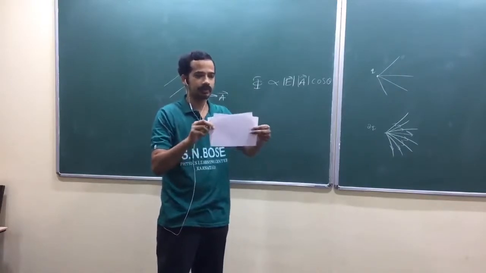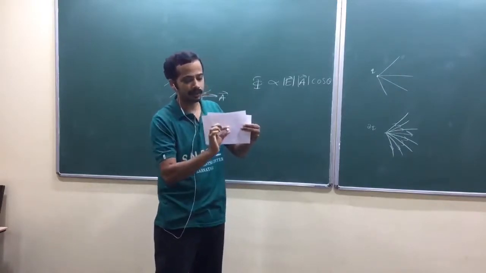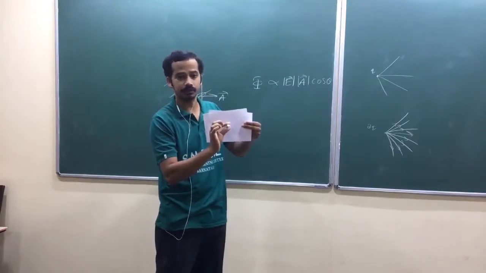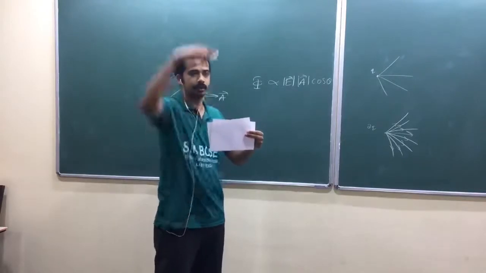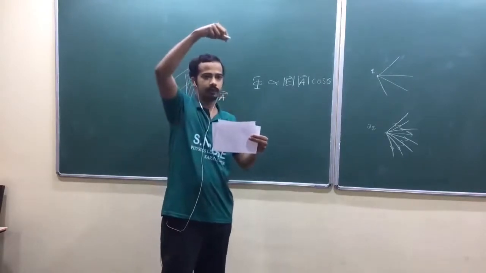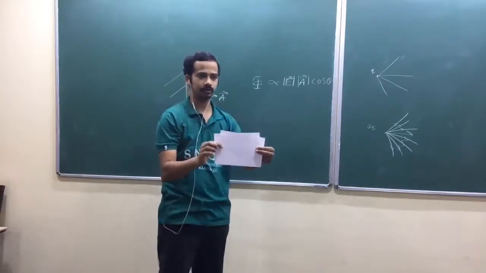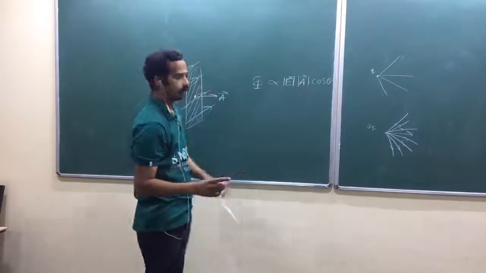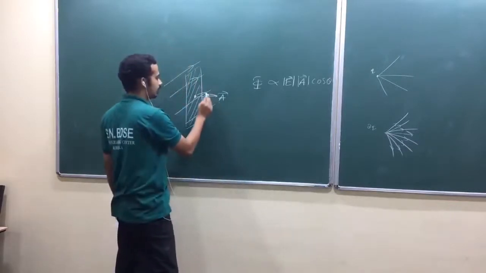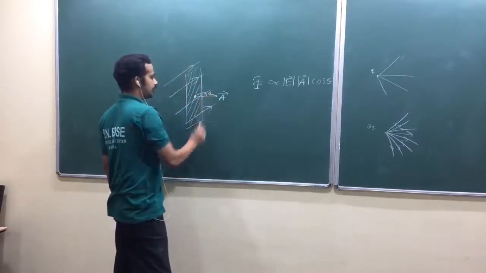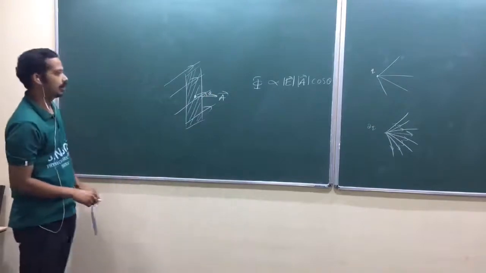So when I had this one like this, look at here, your area vector which is perpendicular to the surface of the area, so which is perpendicular to light rays. So if my point source here, is that okay? So then your flux is 0, isn't it? Cos 90. So now this is the relative angle between this area vector and the vector field.